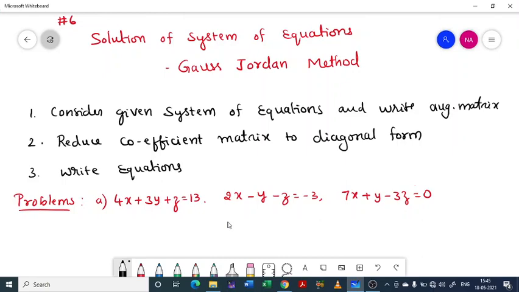But Gauss elimination method is easy in the sense that we are supposed to reduce only 3 entries to 0. When we come to Gauss-Jordan method, here we need to reduce the coefficient matrix to diagonal form, in the sense we have to make all the non-diagonal entries 0 by applying row operations. If you take a matrix, only the diagonal entries must be non-zero, you have to keep them as they are, then make all non-diagonal entries 0. For each column, to make the respective entries 0, you have to use the corresponding diagonal entry only.